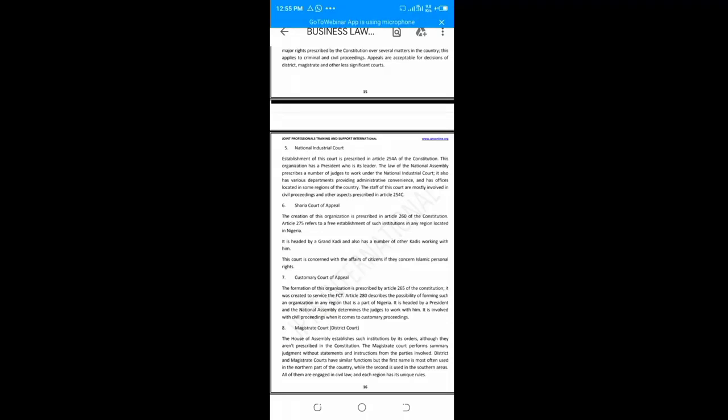Has jurisdiction over persons who are subject to customary law. So there are various customary court laws across the states in Nigeria. The customary courts are constituted by these laws. They have power with respect to